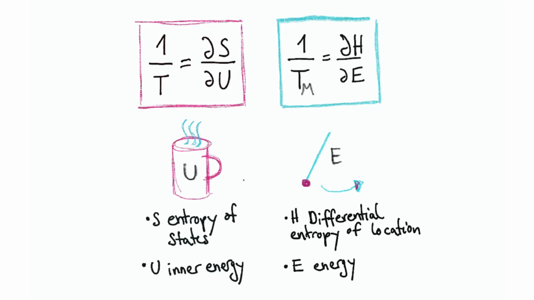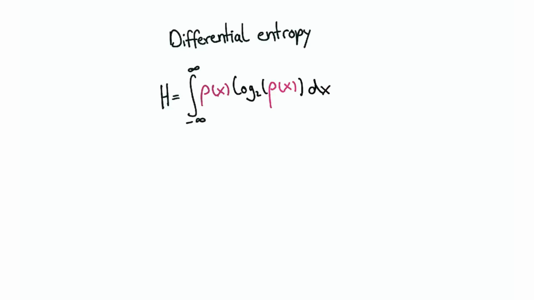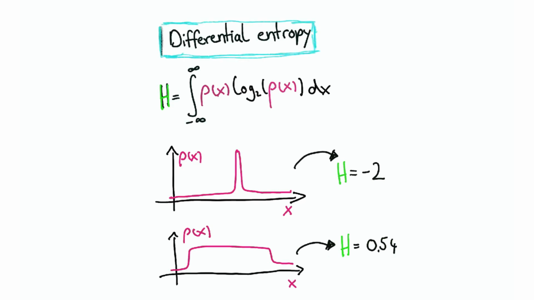The entropy tells us how many yes-no questions I have to ask to find out where the ball is. The differential entropy is a measure of how accurately I can determine where the ball is if I know its probability of location. The differential entropy H is given by the integral over the density rho of x times the logarithm of the density rho of x, base 2. Assuming I have a residence density where the location is very clear, the entropy is low and can also be negative. If the location is more widely distributed, the entropy, in other words the missing information about the location, becomes larger.